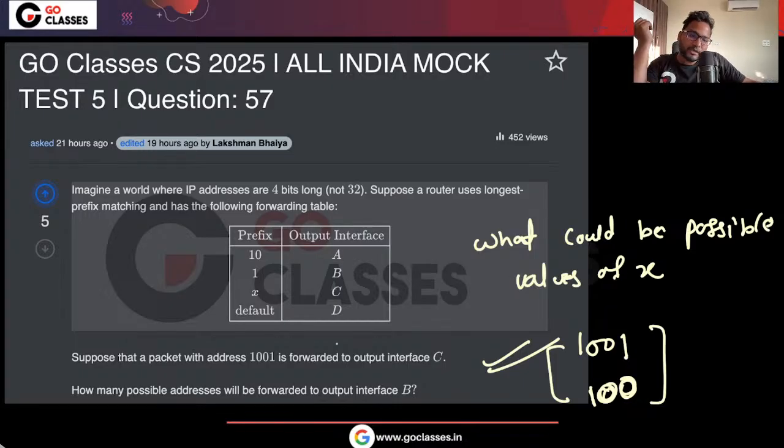But the question is not asking the possible values of X. They are saying how many possible addresses will be forwarded to the interface B. So they are asking about how many addresses will be forwarded to B. So basically,